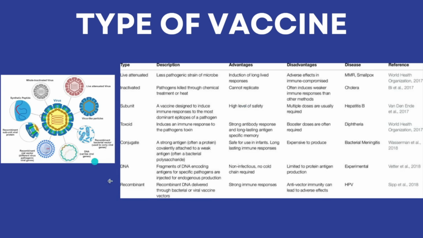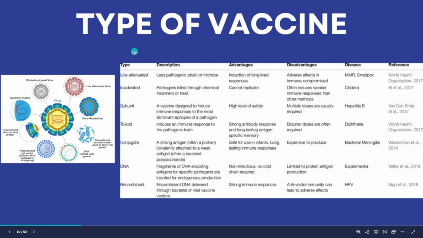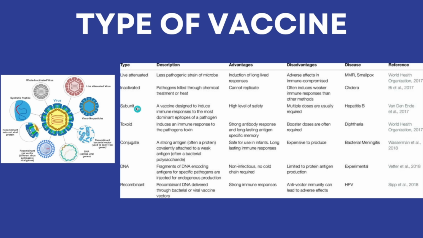in the next page. So in the world now, there are many types of the vaccine, including live attenuated vaccine, inactivated, subunit, toxoid, conjugate, DNA, and recombinant. There are many types of the vaccine, but I think in the syllabus you don't need to learn each type, what is their mechanism. Actually, you don't need to learn. So if using the example,